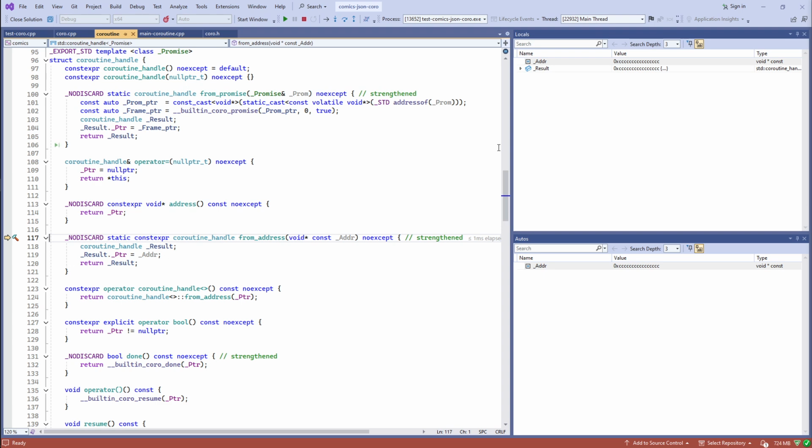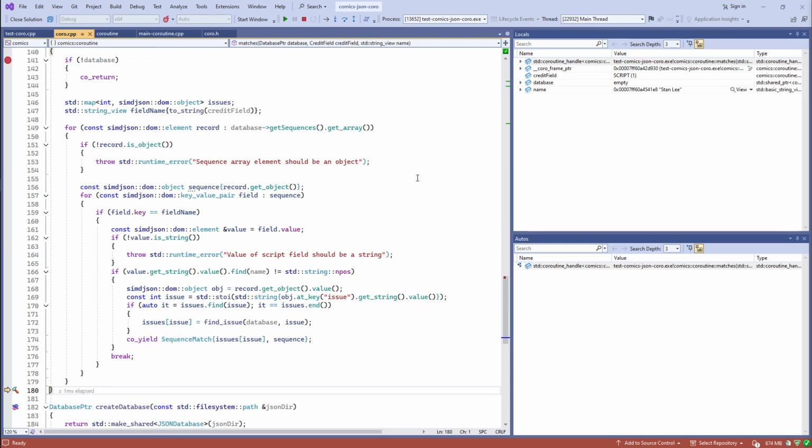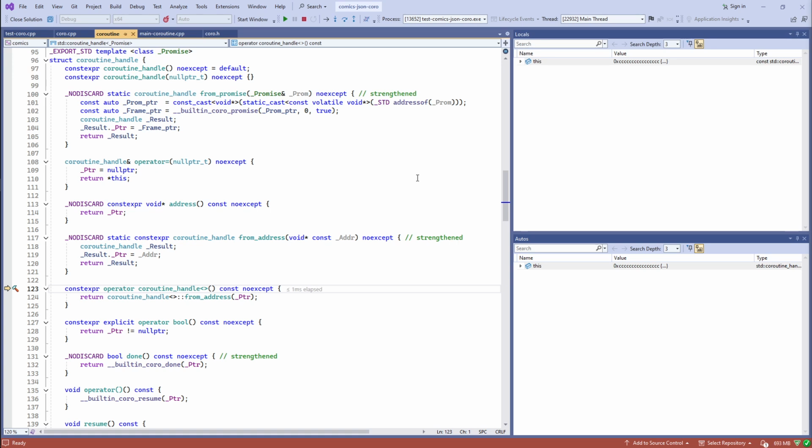So somebody is getting the coroutine handle for my coroutine from the address of the execution context. Now that I've stepped into the function, you can see it's some reasonable value. Step out of that, step in one more time. Now we're constructing the coroutine handle,